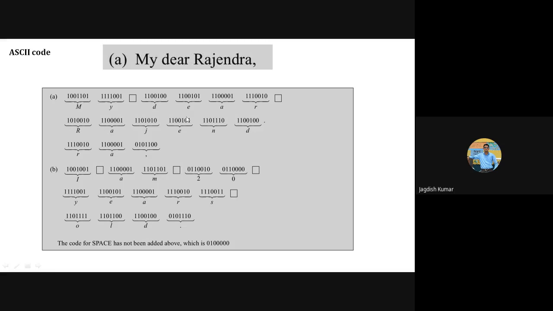So I hope by now you are in a very comfortable position to realize how things work in digital electronics or digital format. You actually have everything written in zeros and ones. There is nothing beyond that.